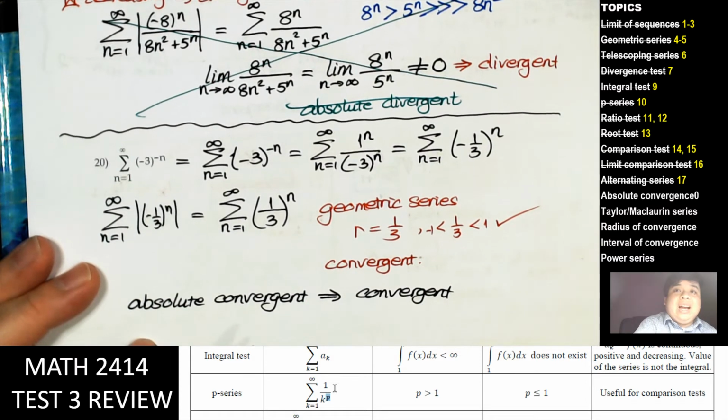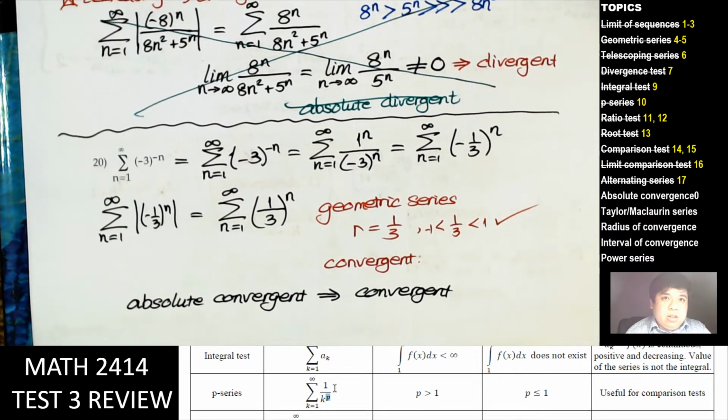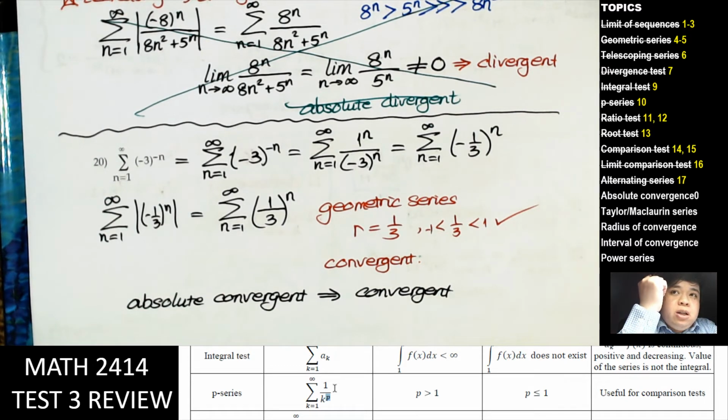We cannot go back the other way. Absolutely convergent is convergent, meaning that if it is convergent with the absolute values, then it will be convergent without it. Think about this. If we just have all positive numbers, we have a sum that is convergent. Now if some of the terms happen to be negative,